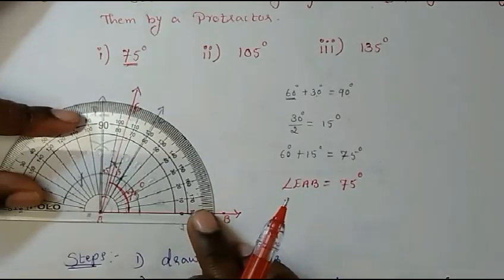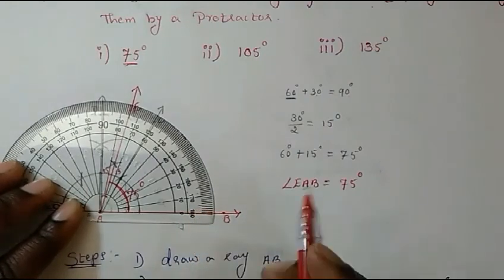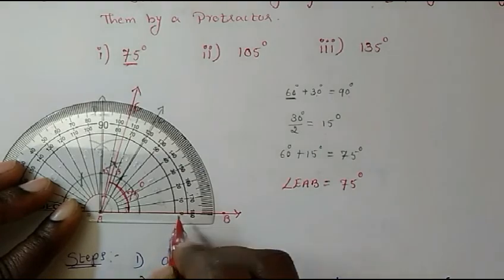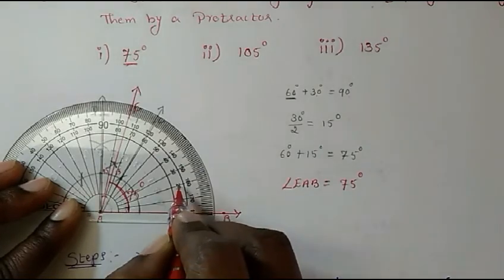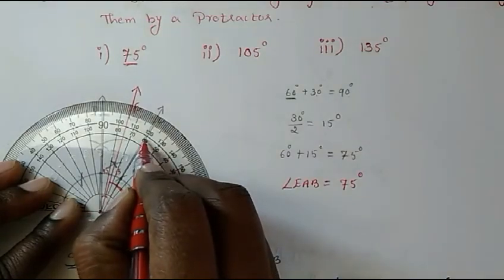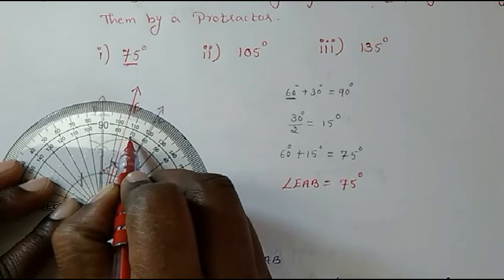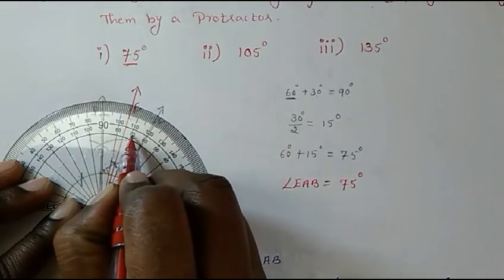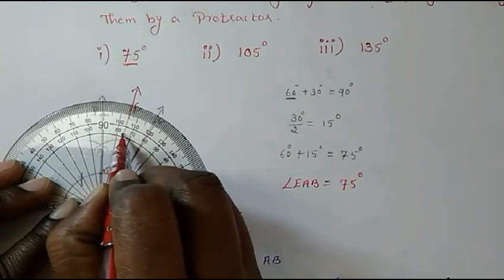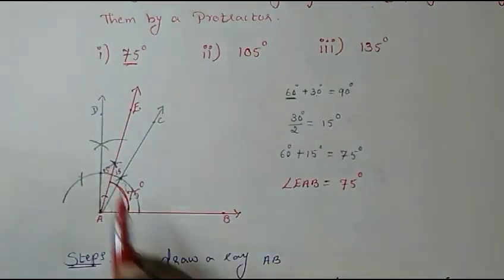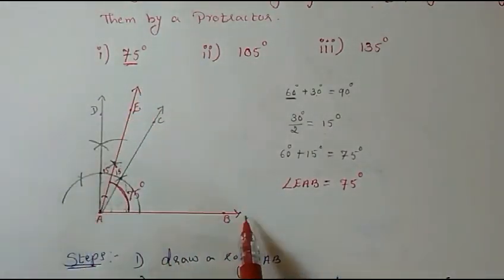It has to coincide. Okay, so now you have to look from 0. So 0 is inside. From 0 you have to see, because that is the starting point. From 0, 10, 20, 30, 40, 50, 60. Okay, this is 70 and this is 80. You see this red line is coming between 70 and 80. So that means exactly it is 75 degree. So we have verified that this red colored angle that we constructed is exactly 75 degree.